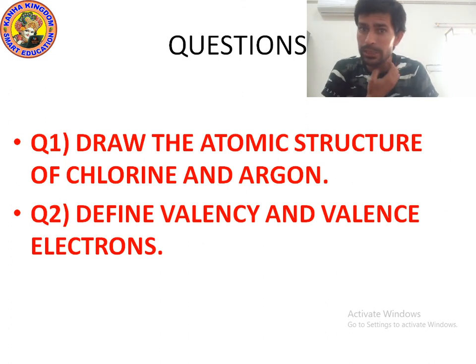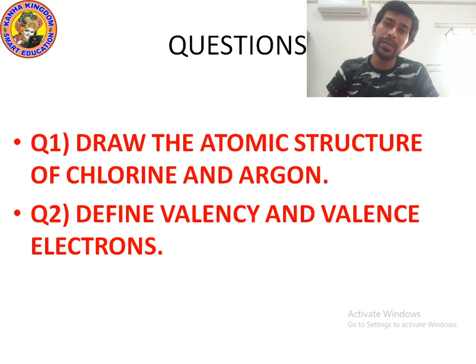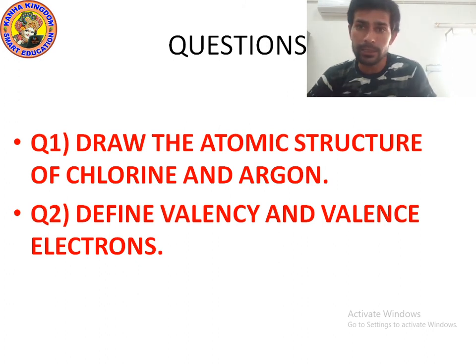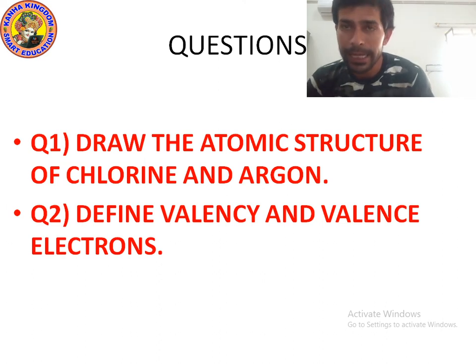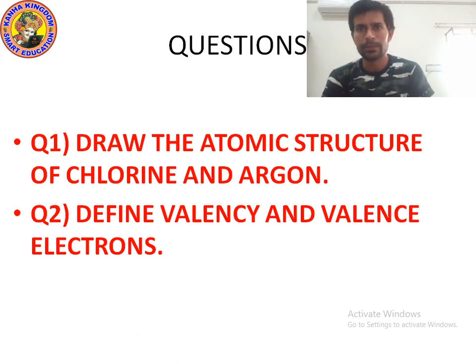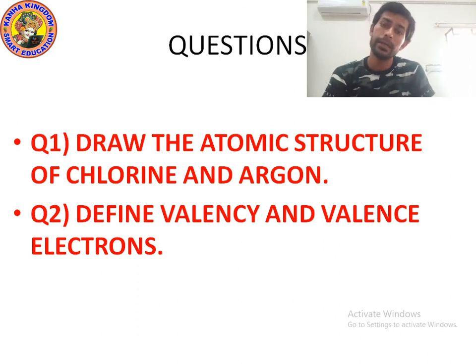So 17 minus 2 is 15. Now 15 electrons are remaining. In every upcoming shell we can fill a maximum of 8. So in the next shell we will fill 8 electrons. So 15 minus 8 is 7. 7 electrons are remaining, so in the next circle, the next shell, we will fill 7. And we will draw them as black dots.